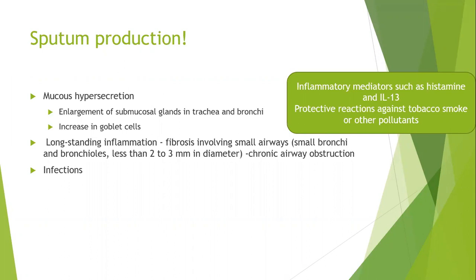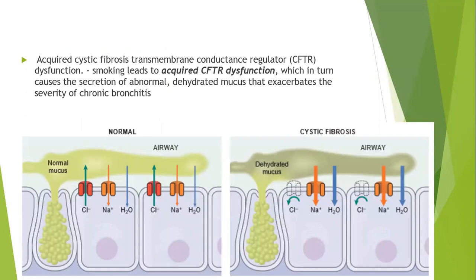Next slide. Okay, so this is there in your new Robbins. It wasn't there in your old one. People have found that there is a dysfunction in the cystic fibrosis transmembrane conductance regulator. If you remember from your general pack, this is the transporter that is defective in cystic fibrosis. In cystic fibrosis there is an inherited defect in this,